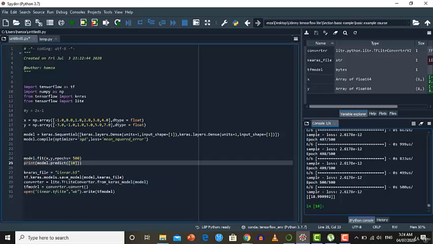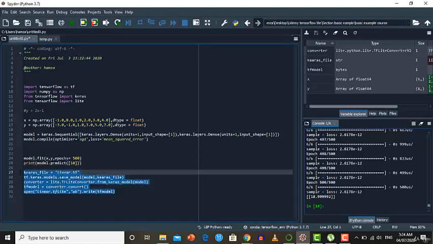Now the next step is saving the model in TFLite format. So we are going to use the lite object: lite.TFLiteConverter.from_keras_model, and we specify our model here. So we create a converter object here. Then we use converter.convert to convert this model into TFLite format. Then we finally open the linear.tflite file in binary writing mode, and we write this TFLite model here, as we saw in the file handling section. When we run this line, both files, the linear.h5 file and the linear.tflite file, will be created. So now let's run them.